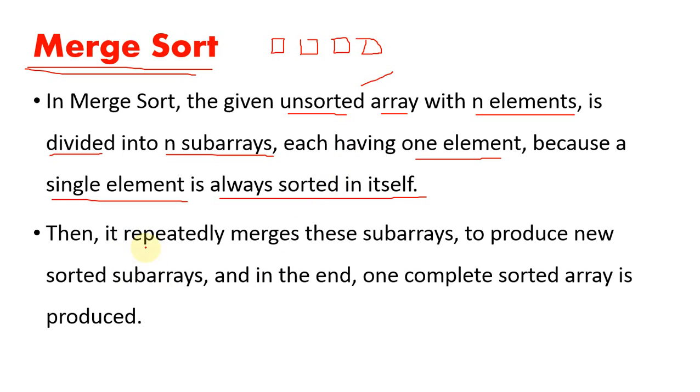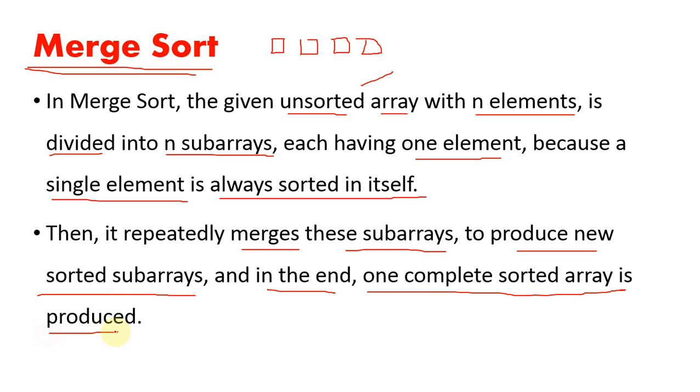Okay, it repeatedly merges these subarrays to produce new sorted subarrays. So when each list is limited to a single element, then we will start sorting the elements. We will compare the element of list 1 with list 2, then combine, then combine with the next list again, like that. It repeatedly merges these subarrays to produce new sorted subarrays, and in the end one complete sorted array